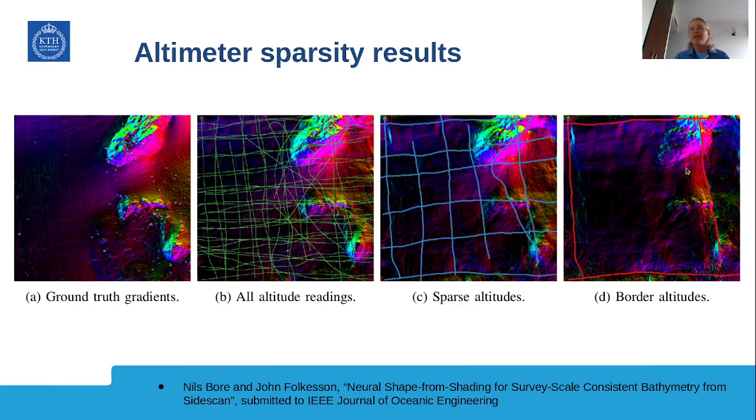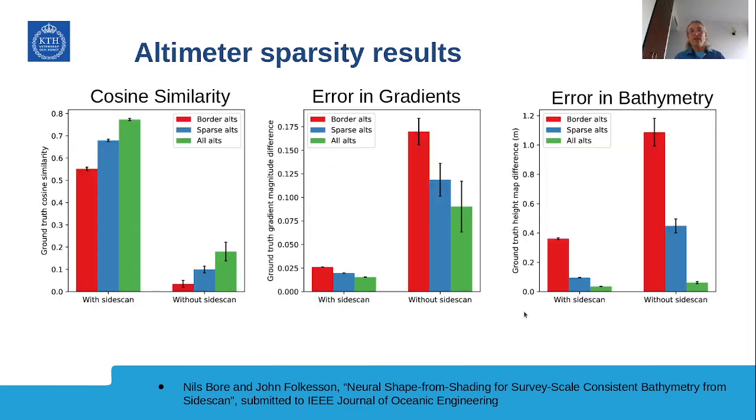And yeah, this is not nearly as accurate as this one, but it's getting some of this. Some of these ripples you can start to see forming, and some of the rocks are gone, of course, and some other things. And you can also get numerical results. They basically confirm what I just said, that it gets better the more sparse data you have, but it's actually okay even, well, here you can see even